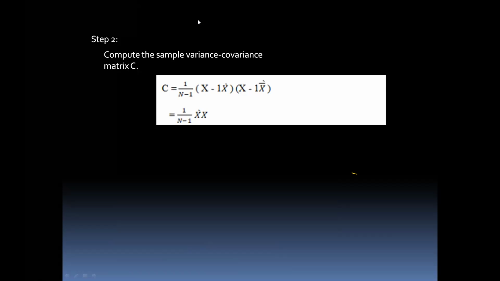So x minus x bar. In that particular data we have two data columns, right? The first data is concerned with the first component, and the second data with the second component, for example x1 and x2. In such a way we have to compute the covariance matrix of the particular data. So x minus x bar is actually the mean of the first column, and this is the mean of the second column, guys. Okay,